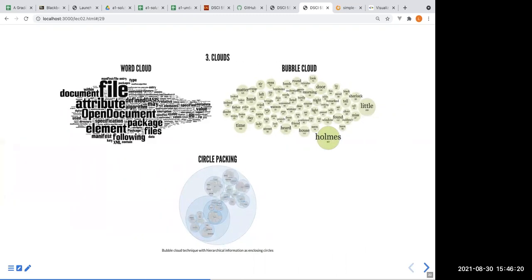The clouds essentially show either hierarchy or proximity. So it's used a lot with words. Here is the example of the word cloud and bubble cloud with words, depending on if you just put text or if you size it. So here we're sizing the text to some value. These are probably the words that are